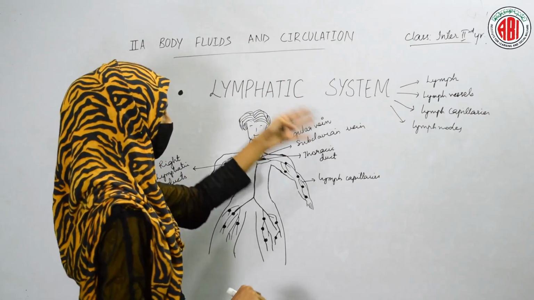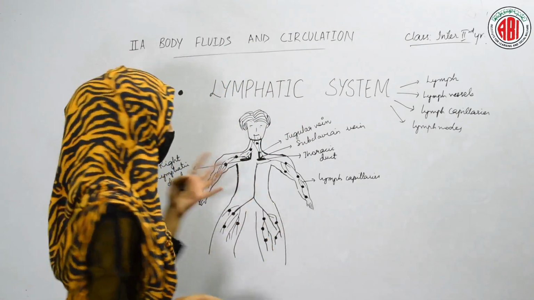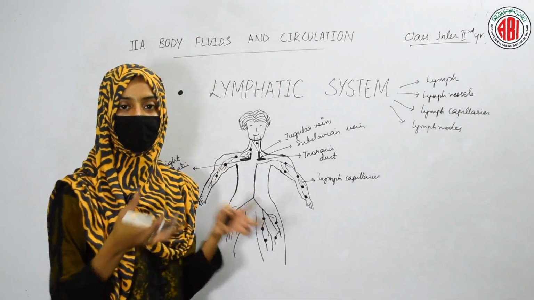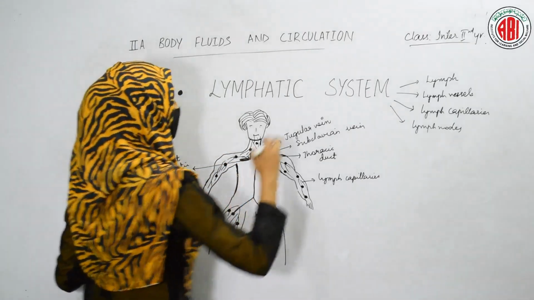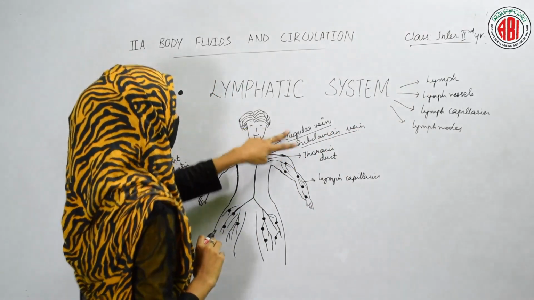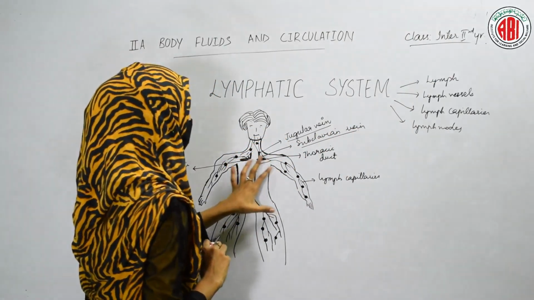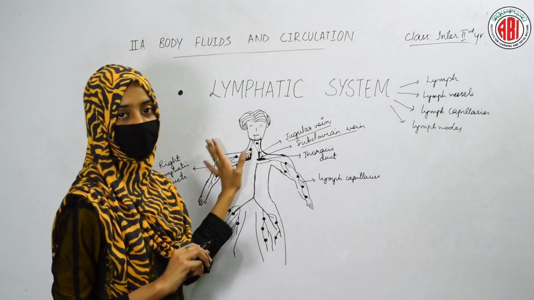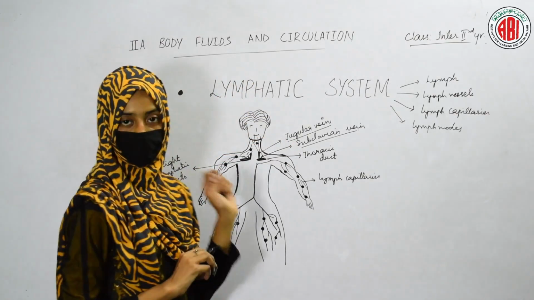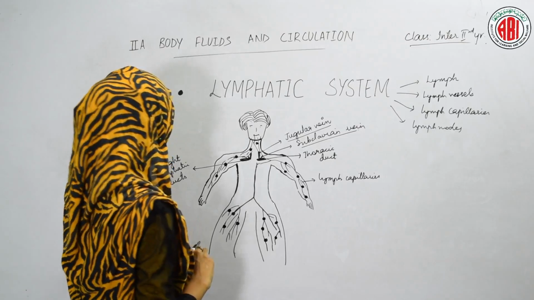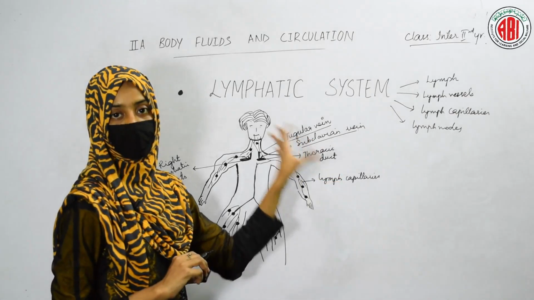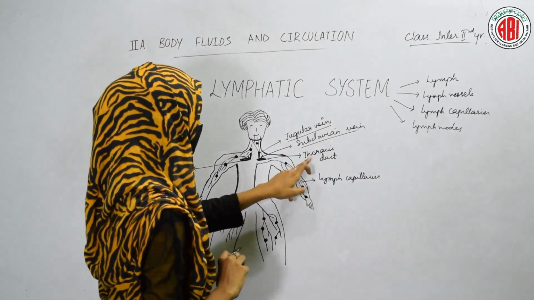Besides the lymph capillaries, lymph nodes and the other things, some special veins are present in the lymphatic system that collect the lymph from the lymph capillaries. Those veins are the jugular vein and the subclavian vein. These two veins are present on both sides of our body, on the right side and also on the left side in the chest cavity. In addition to these veins, two ducts are also found. One is the right lymphatic duct, found at the right side of our body, and the other duct is present at the left side and is named the thoracic duct.